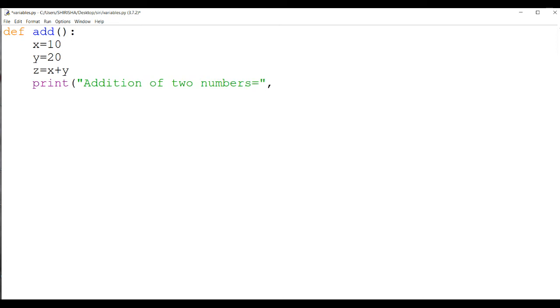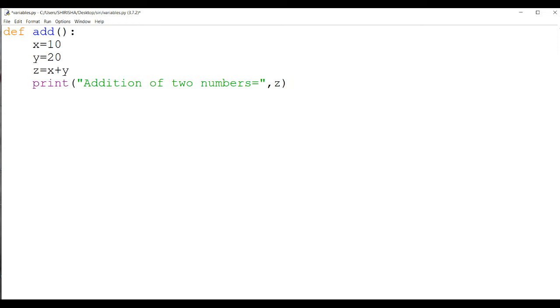Let us define a function. def, and the function name, I'm giving add, and colon. Declare variables x is equal to 10, y equal to 20, and z is equal to x plus y. Print addition of two numbers, comma z.